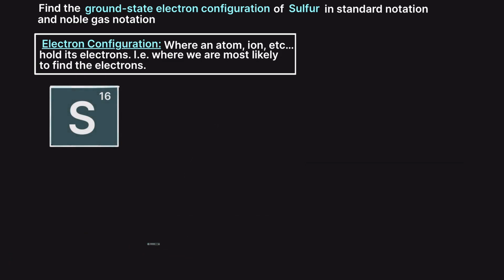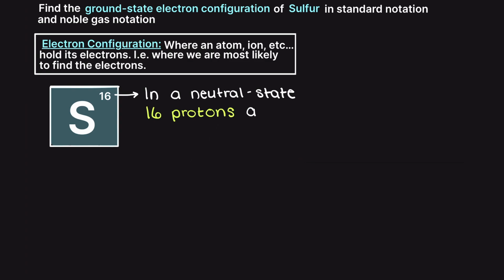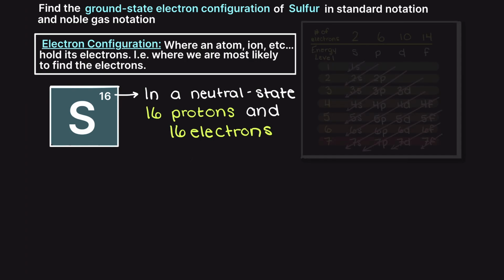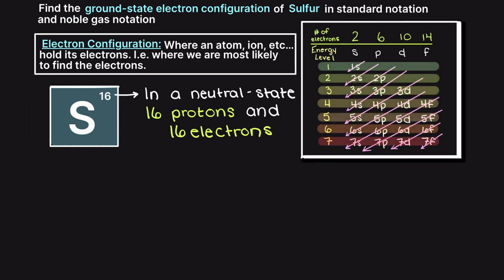Looking this up, we can see that sulfur is number 16 on the periodic table, meaning that in a neutral state, our sulfur atom will have 16 protons in its nucleus, and thus 16 electrons surrounding that nucleus to maintain the neutral charge. Let's also remember that in the past video, we talked about this handy device for remembering which